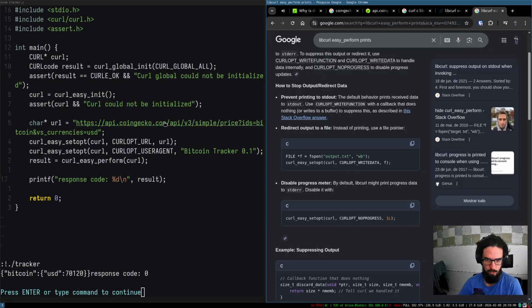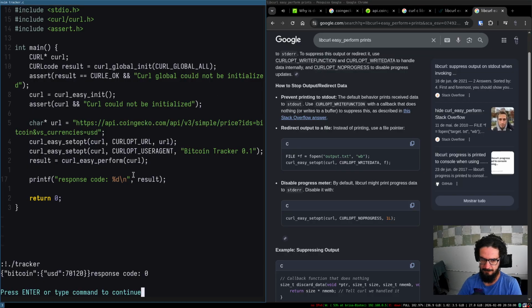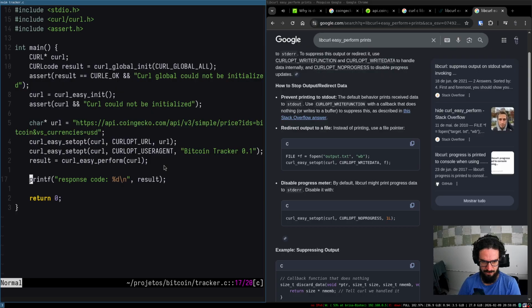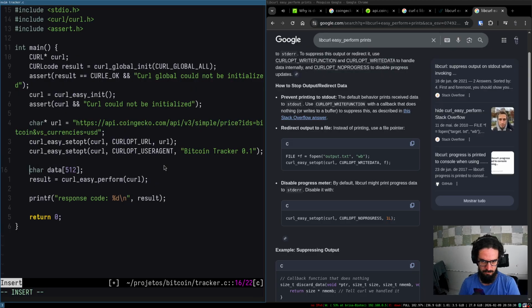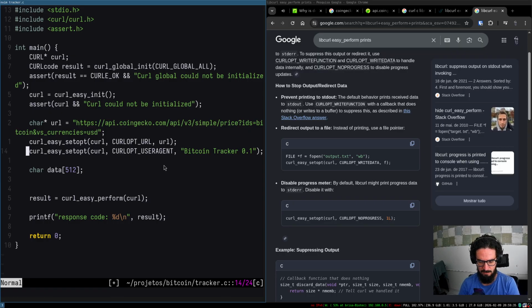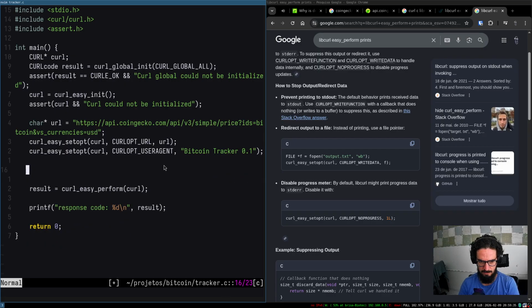If I do something like, let's try. Let's just experiment. If I do something like this, data, but I know more or less the size of the thing, I'll put here 512 bytes, and I can maybe put this like